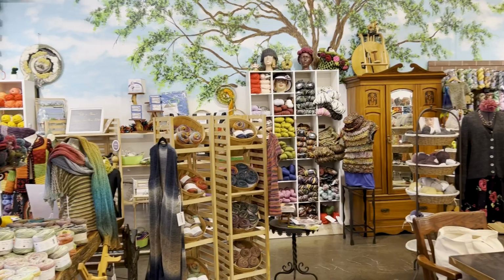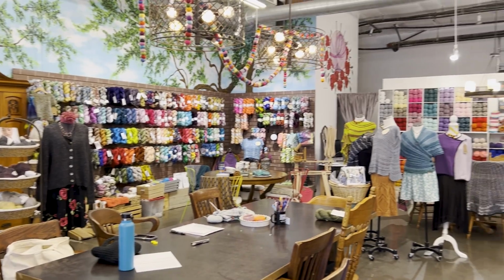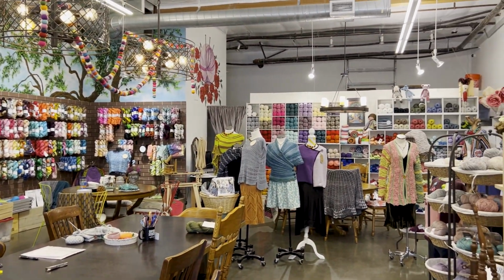And finally, I only got 2 things, because I went to the Knitting Tree in LA today, and I was like, I don't need more yarn. But it was pretty fun to go into a store and, I don't know about you, but I love going to yarn stores because you can just touch all the yarn. And usually I can't really tell if a yarn's gonna be soft based on what type of materials it's made out of. I know maybe that alpaca is softer than wool, in my opinion, but that's about it. So I have